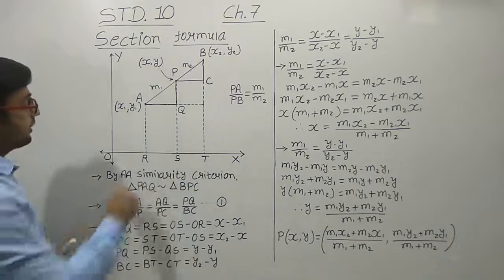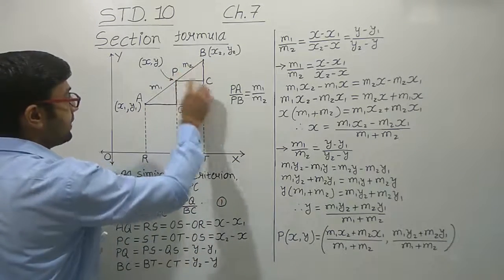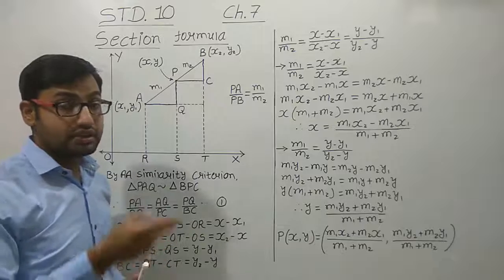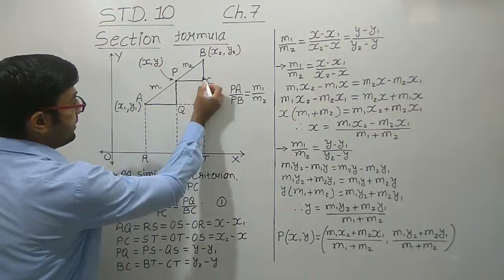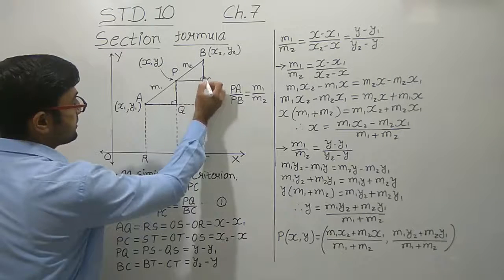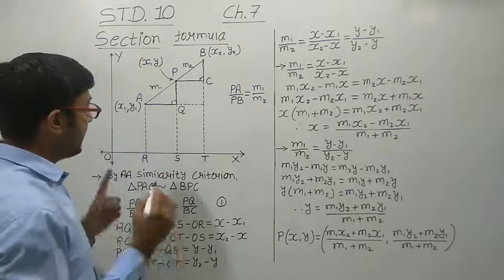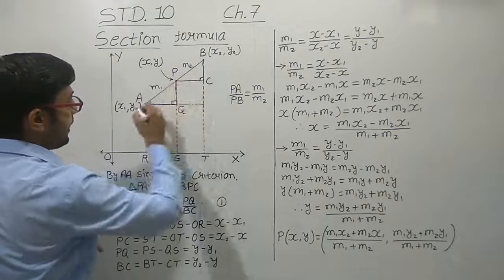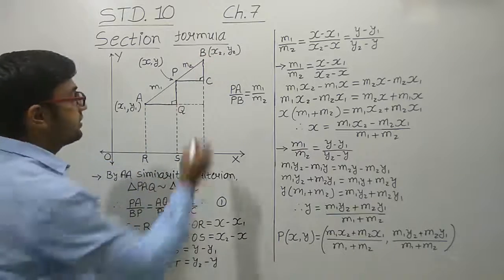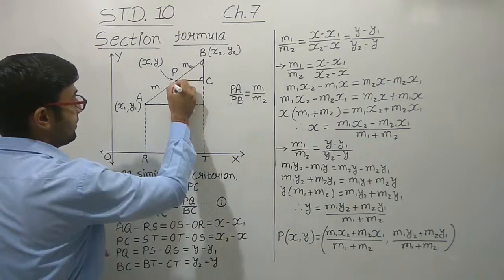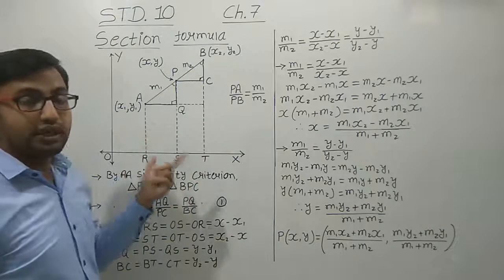One triangle constructed here is PAQ, and the second one is BPC. Two triangles are constructed here. You can also notice that this angle is a right angle, and this angle is a right angle. In both triangles, one angle is a right angle, and as this line intersects both these parallel lines, this angle and these angles are also equal, right? Those angles are called the consecutive angles.